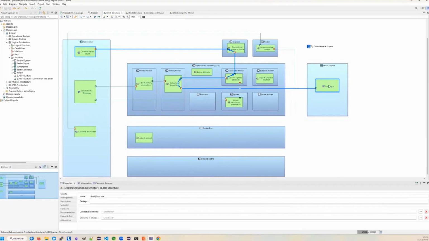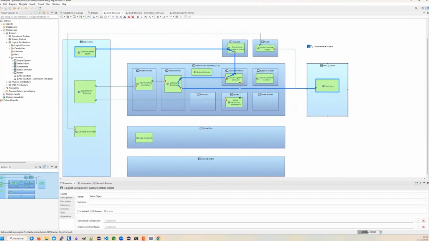The stellar object emits light. So this is what we call an actor, a component that is external to our system. And this is a function in green, which is allocated to this component, the stellar object, this actor. So the stellar object emits light. The light reaches the primary mirror, which collects and focuses the light.